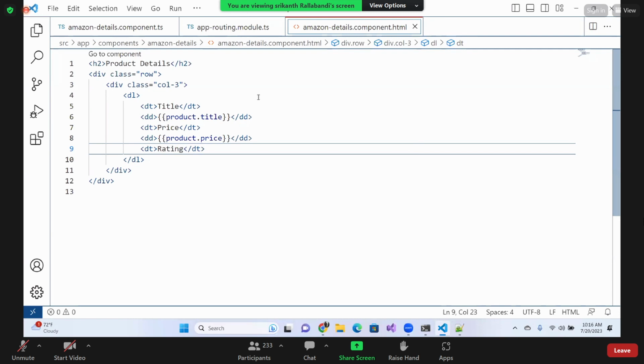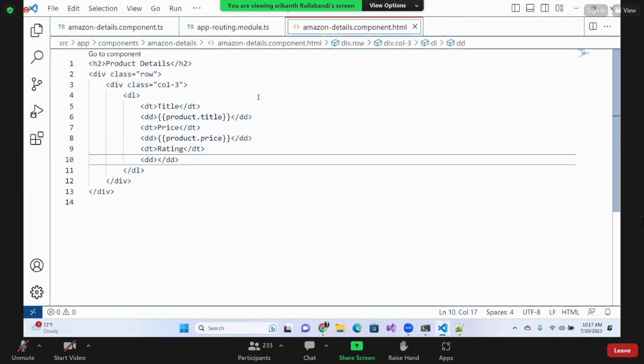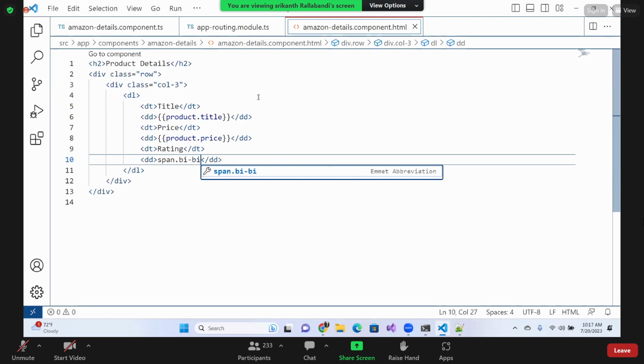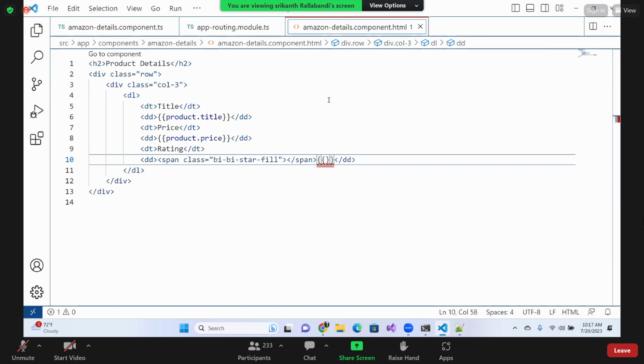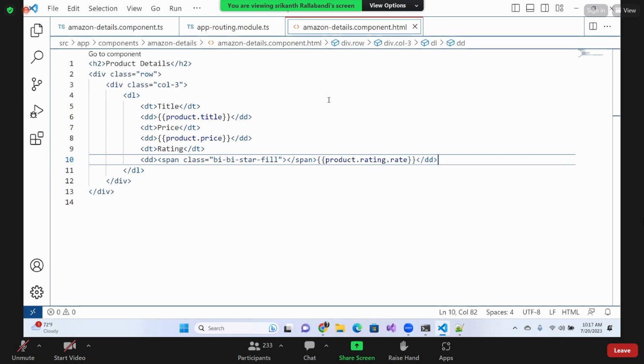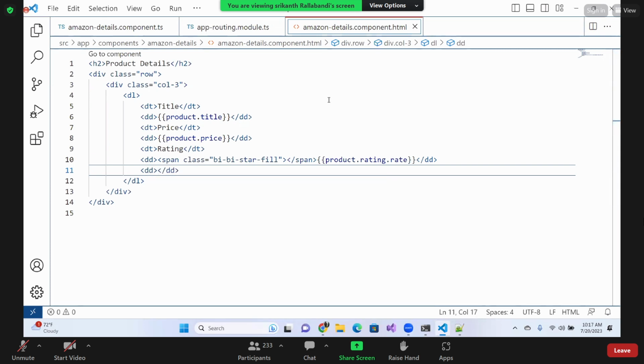Maybe I can say rating, and in the rating, if you wanted to display with some Bootstrap icon, for a better look, what you can do is go with the span bootstrap-icon bi-star-fill, that's what I can give, and here you will be displaying the product dot rating dot rate, that's what I can give, and after that let's have the DD, and then